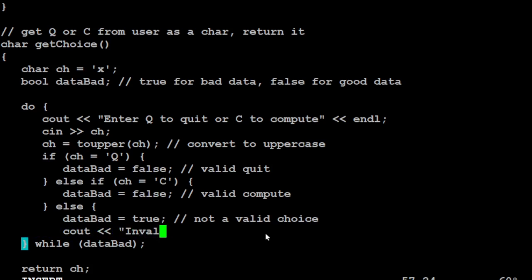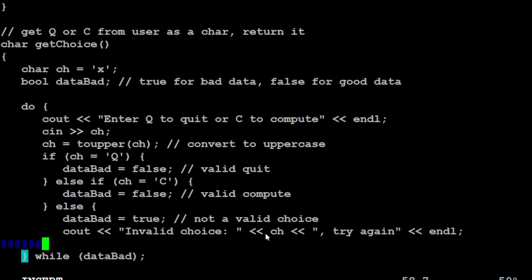Now let's say invalid choice, and we'll remind them what they actually entered, ch. Try again. And I think that should be pretty much it for my error checking. Right, I'm going through, I left my prompt and my conversion to uppercase pretty much the same. And oops, here we've got